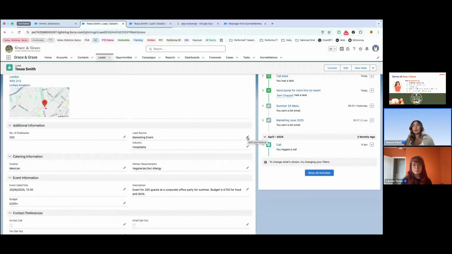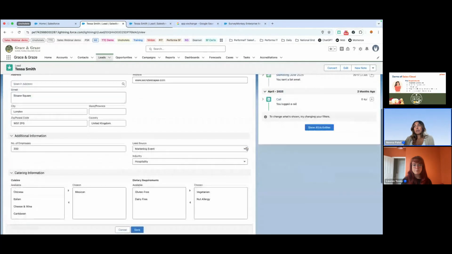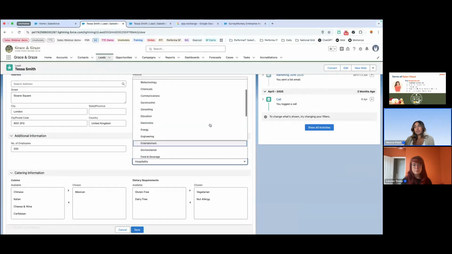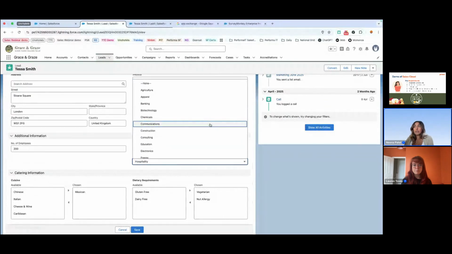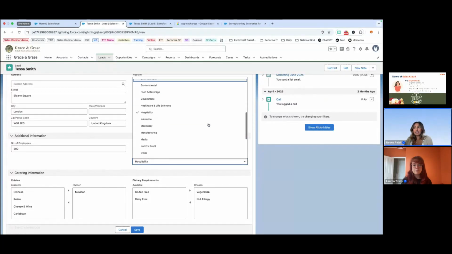So we can track our marketing efforts and see where we're spending our money and where it's being best used. What type of industry this company is. So we've got a number of different options here. This is what we call a pick list field. So we can add to this list, we can remove, and we can deactivate if we don't need some of